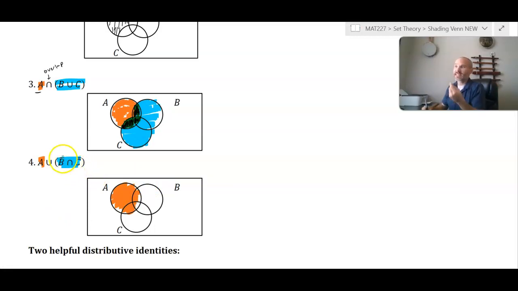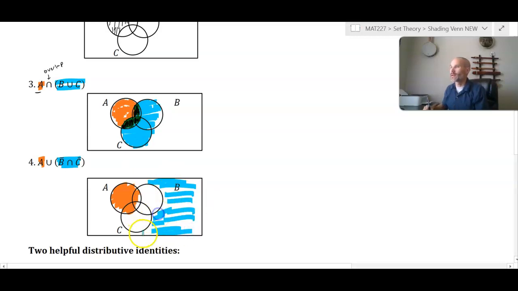This blue part doesn't say anything about A, so to simply be outside of B and C would mean you are outside of the B circle. That could be all of this region, all the way around here, and outside of C as well. Now it doesn't say anything about A in that blue portion, so that's going to be all of this, excluding